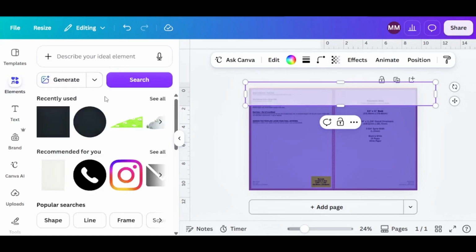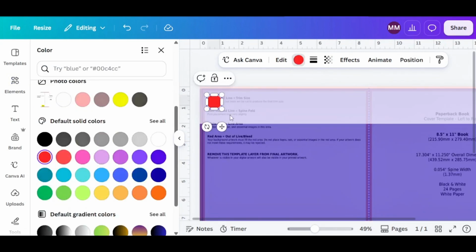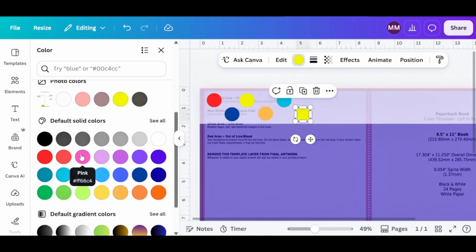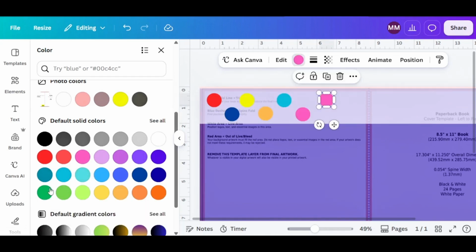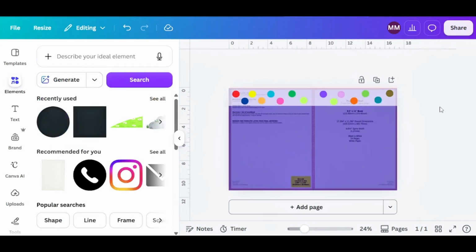Now I'm going to add elements, which is a circle element. So this will be red. I can put this here. This would be blue. This would be yellow. Here it's going to be orange. This is going to be pink. This is green. So you can see I'm just making the colors pretty, multiple colors. Okay, so now that we have this here like so, the next thing we want to do is we want